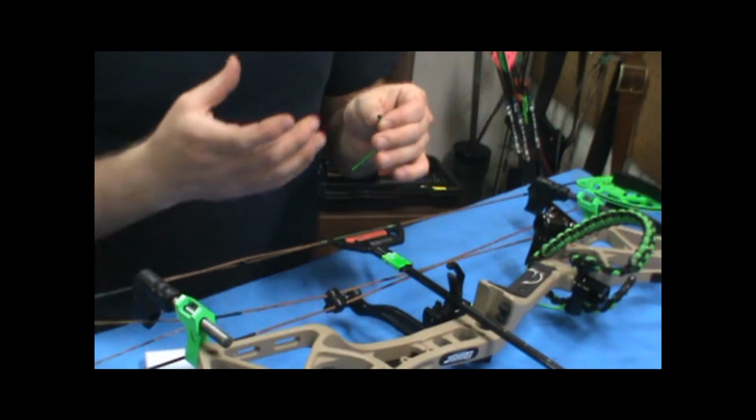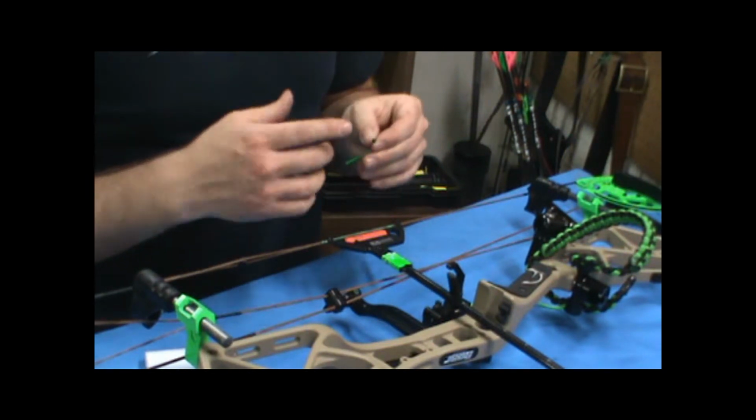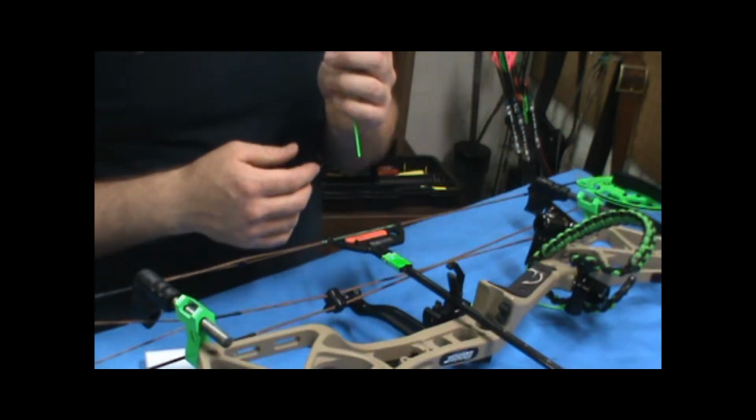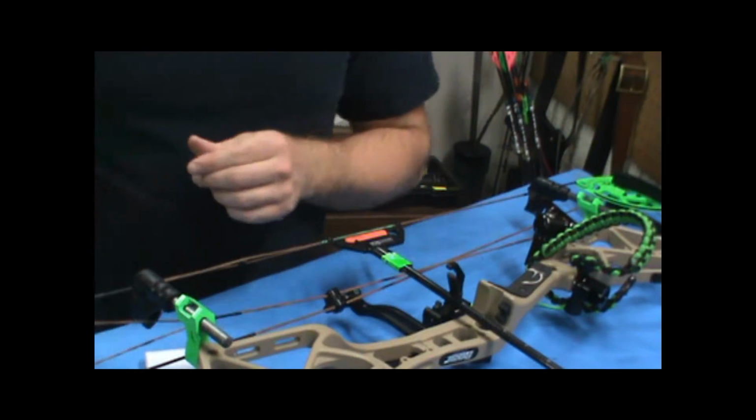Once you melt the end, you want a nice diameter where it's melted. That way it's not going to pull through. Some people like to smush it. I don't. So we'll give that a second to dry and then set our